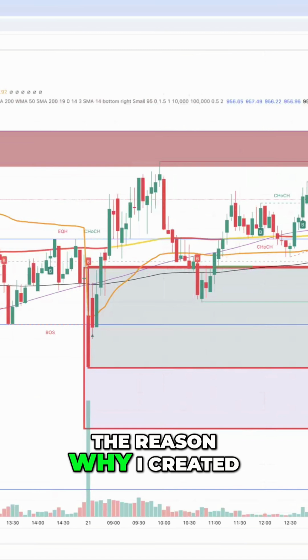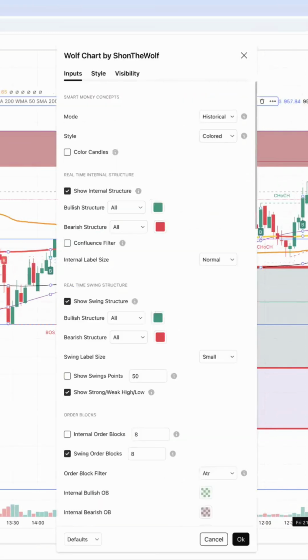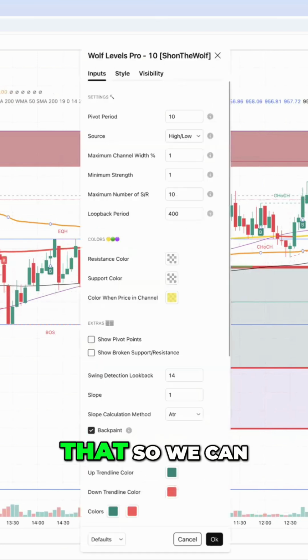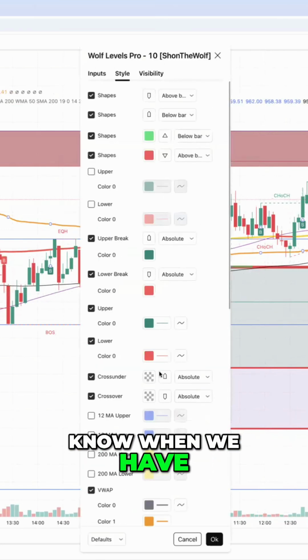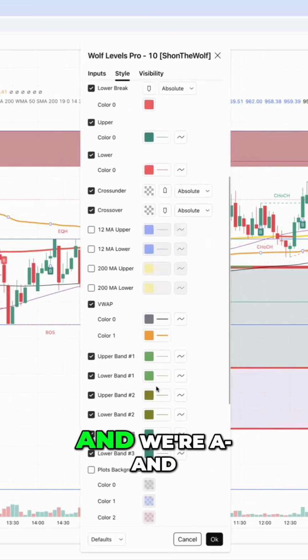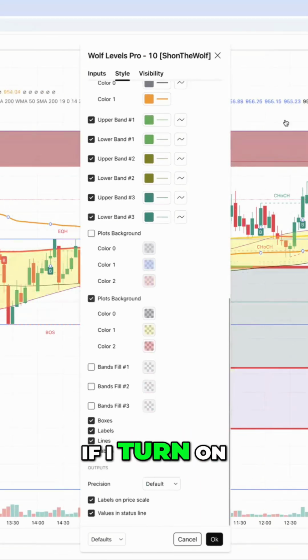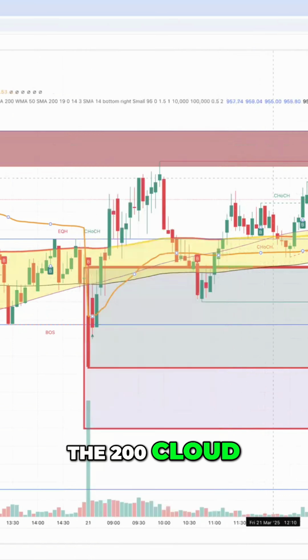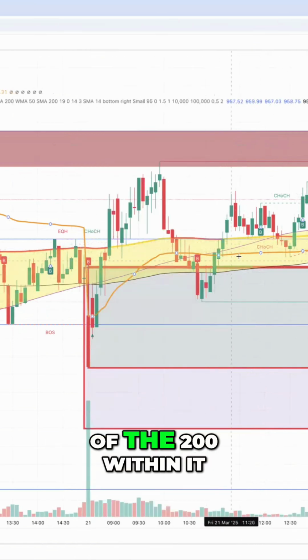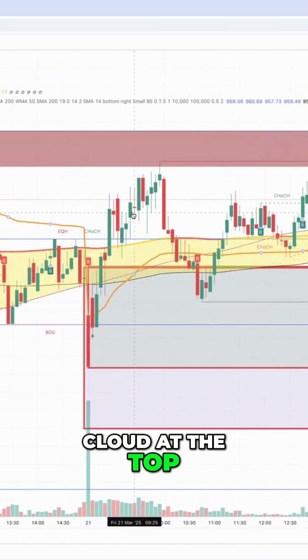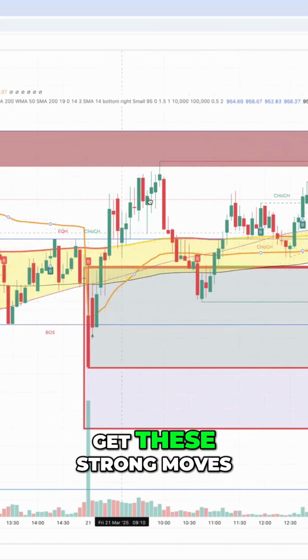So the reason why I created the cloud indicator is so we can know when we have a strong trend and when we're above all the versions of the 200. You see how now if I turn on the 200 cloud, it encompasses every version of the 200 within it. So when we breach that cloud at the top of it, you see how we get these strong moves and